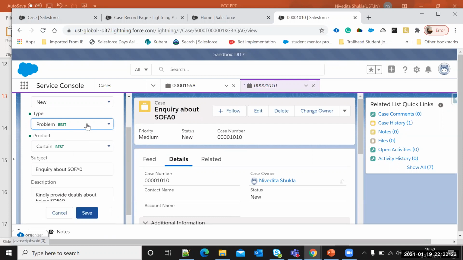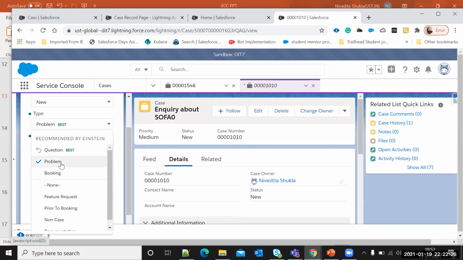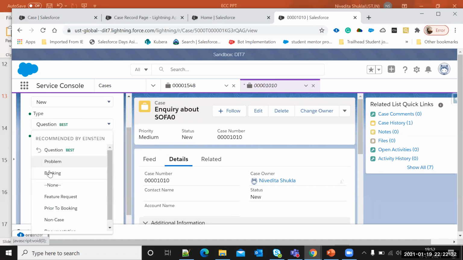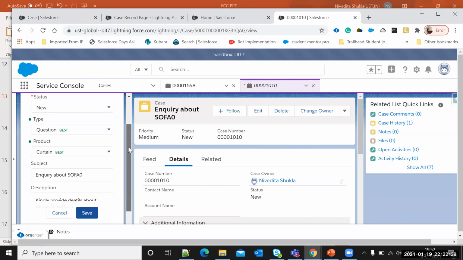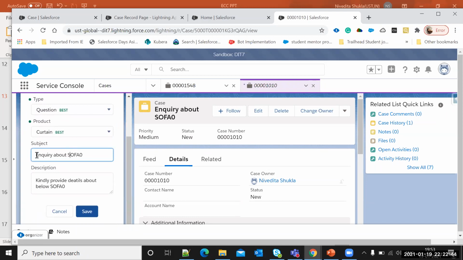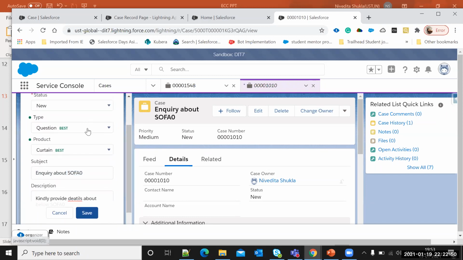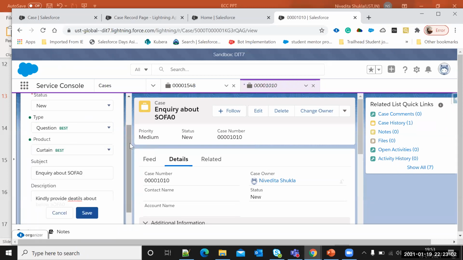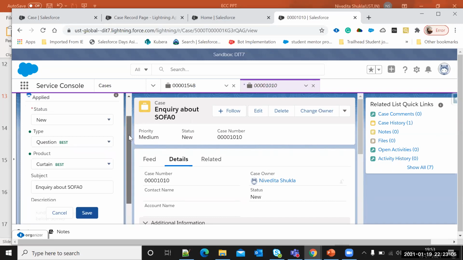Apart from that, sometimes the agent has selected problem or booking as well. So it is not certain that it shows the correct prediction every time, because the data might not be correct. To consider the data, there are several things we need to take care of while building it. There might be a condition when the user has given the same subject and same description, but they have selected different pick list values for type. That will also lead to inaccurate data. And there might be a condition when the user has not selected anything and left it blank. That also will not give us accurate data.